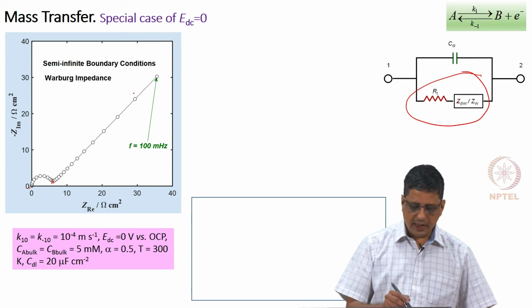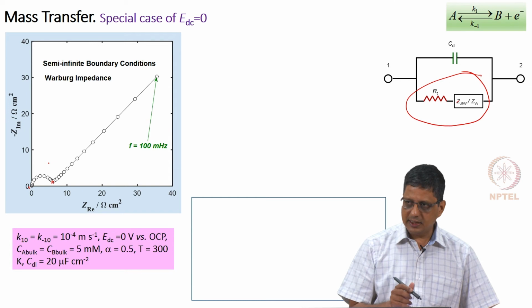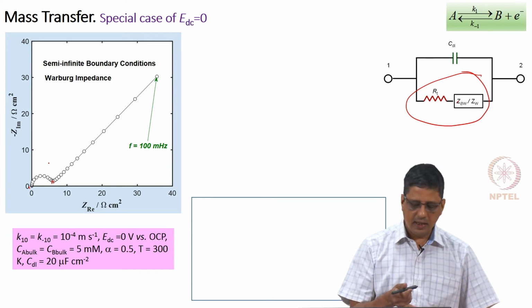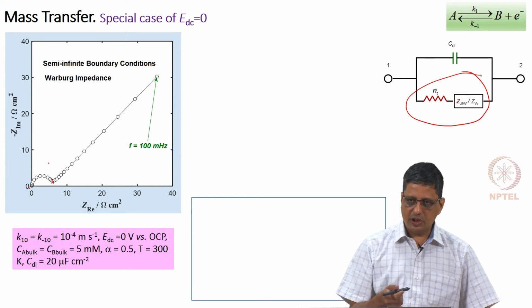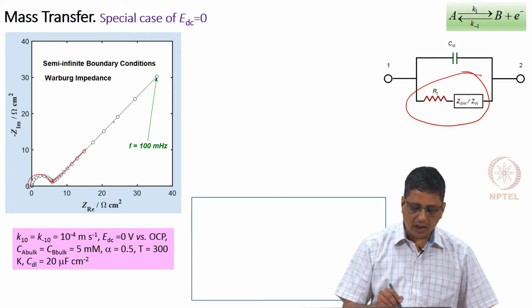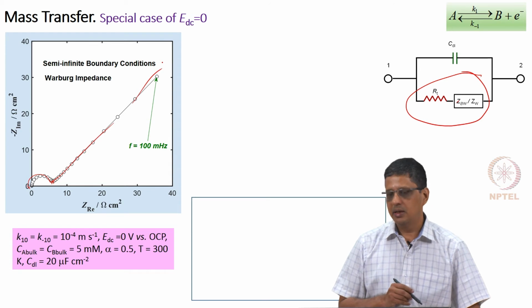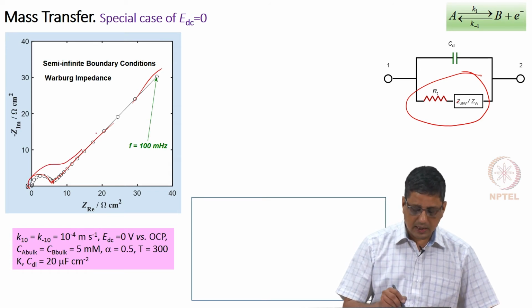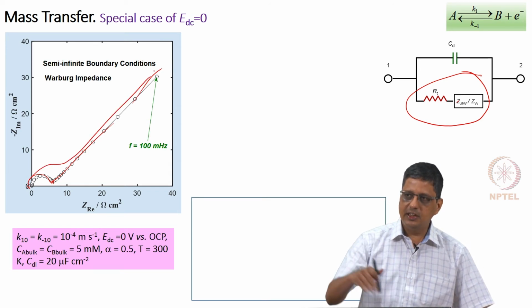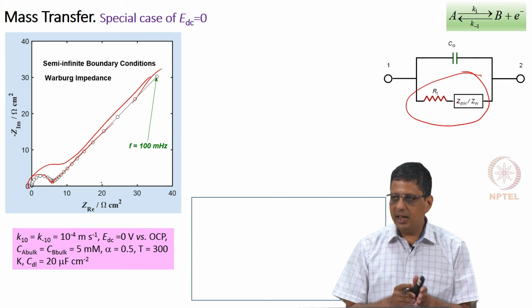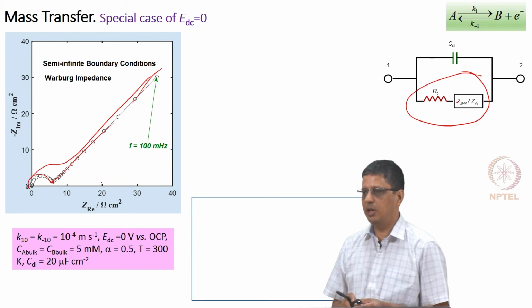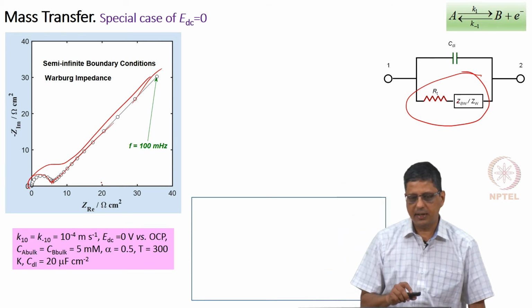This is a 45-degree line only if you do not have anything else. Here of course, you have solution resistance, not here at 0, double layer capacitance is there and charge transfer resistance is there. So, from here onwards it looks like a 45-degree line, and depending on the values it may look like this. At very low frequencies it will look like a 45-degree line, but here it is not a 45-degree line, it is a shifted origin, shifted by R solution and RCT or RT.